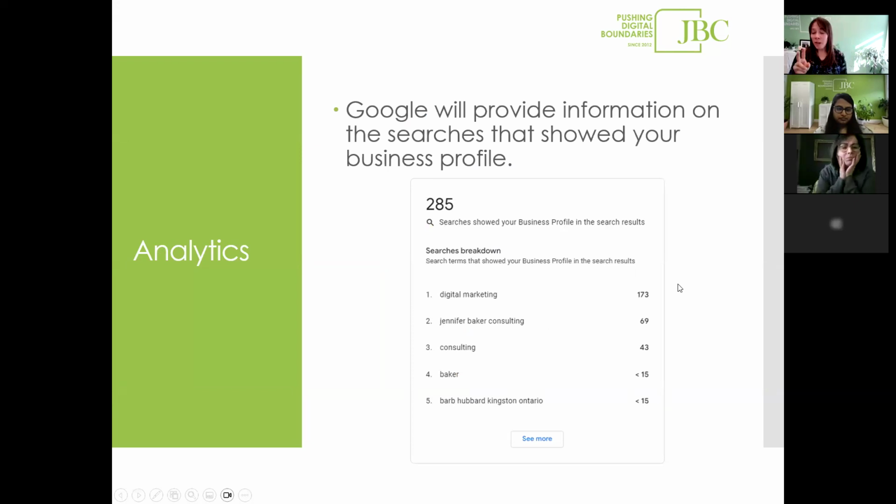So a really valuable tip, probably number 3 of the day: if you're considering running Google Ads in the future, or maybe you're already running them and you're wondering what people actually look for to find me, this is a good starting point. This is what people are looking for. So when people key in digital marketing, I come up. When people key in Jennifer Baker Consulting, I come up. And then Barb Hibbard. I don't know a Barb. I don't know who that is. So you're always going to find weird little ones like this as well. They kind of make me laugh, but let's check out my performance.